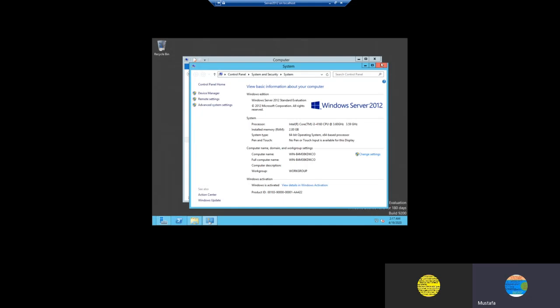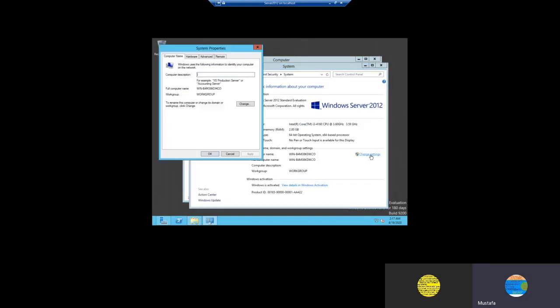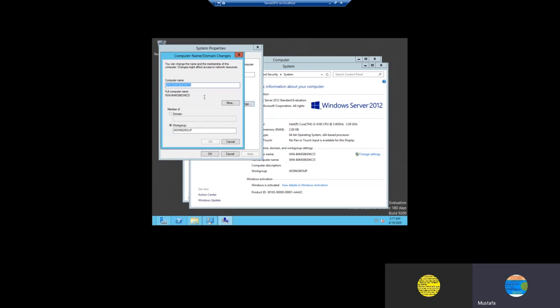So we click on My Computer, right click, Properties, then go to Change settings. Here we can change the server or computer name. So I am providing the name server 2012, right, and clicking on OK.